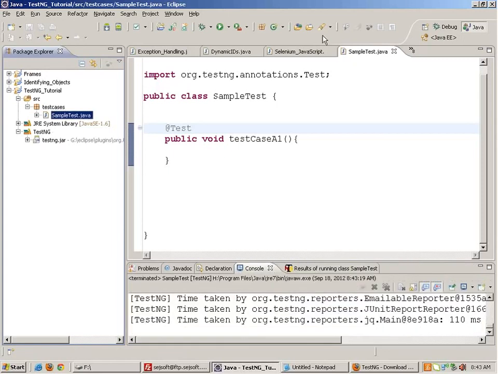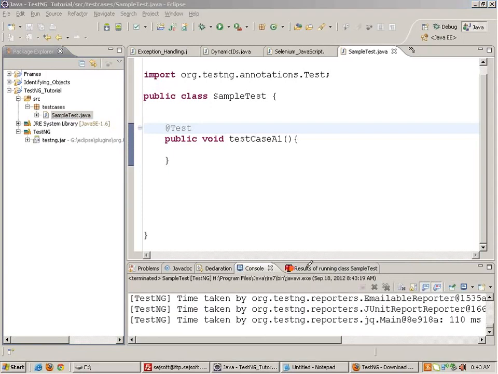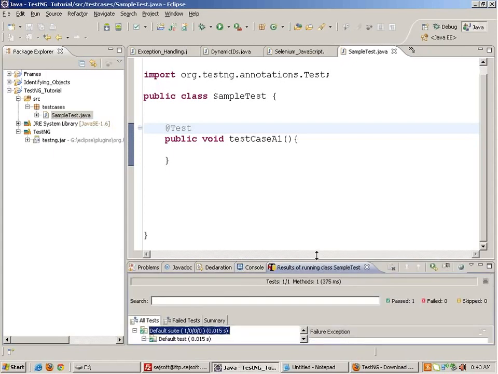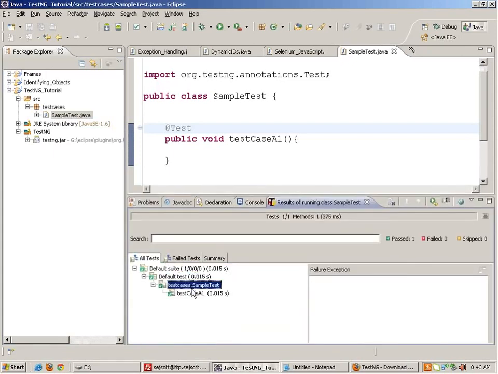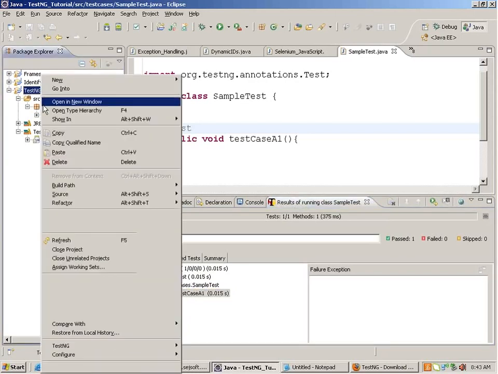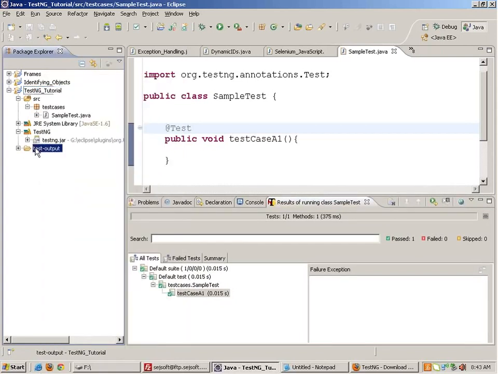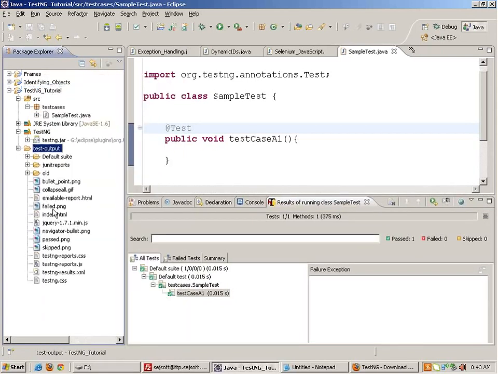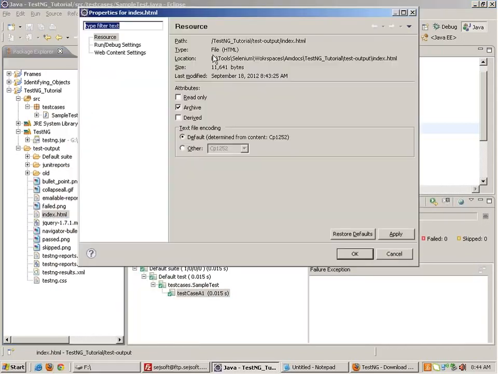When you run it, you will see a new tab coming up over here called the results of running sample test. In this, you will see a new window having the results. Everything is passing, everything is green, right? Now this is also available to us when you install TestNG. Right click the project and refresh it and you'll see a test output folder getting generated. In this you will see the TestNG reports in index.html. If you open index.html,